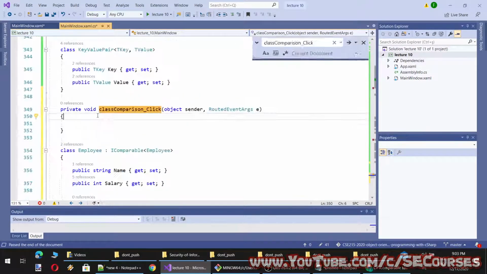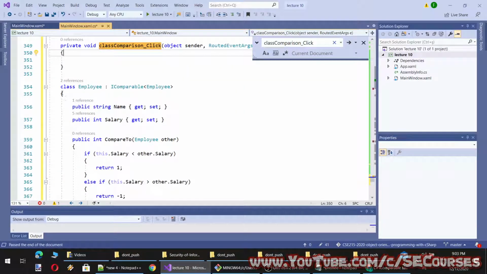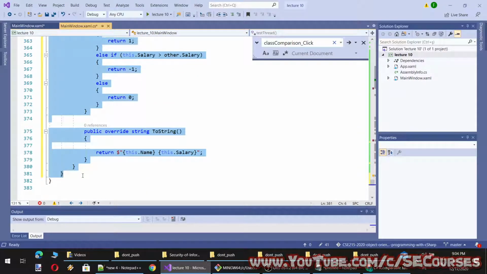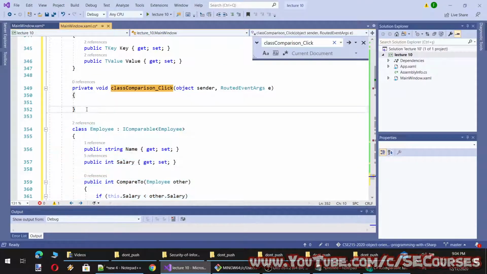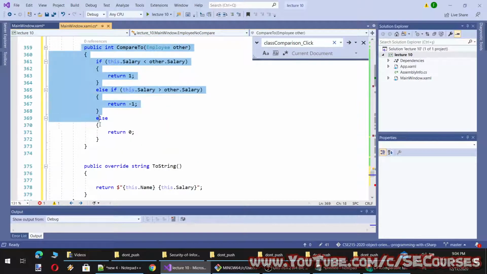Okay, so first define the employee class without the IComparable interface. EmployeeNoCompare. So it has string name as a property, salary as a property. I'm removing this.